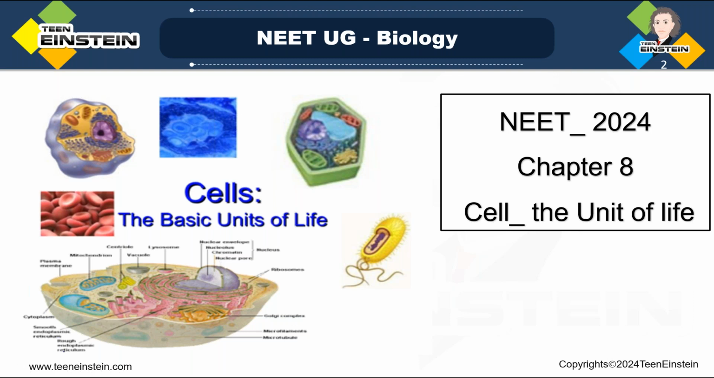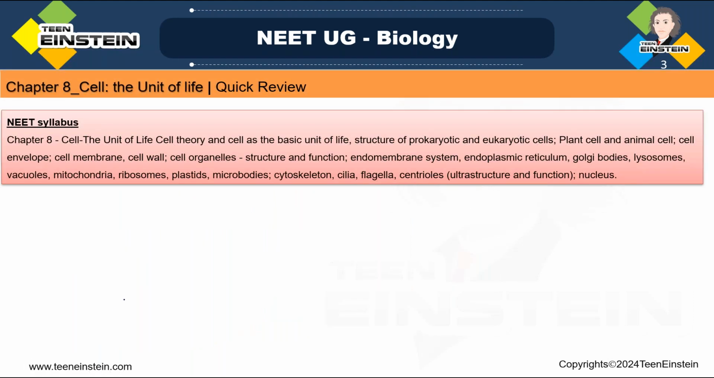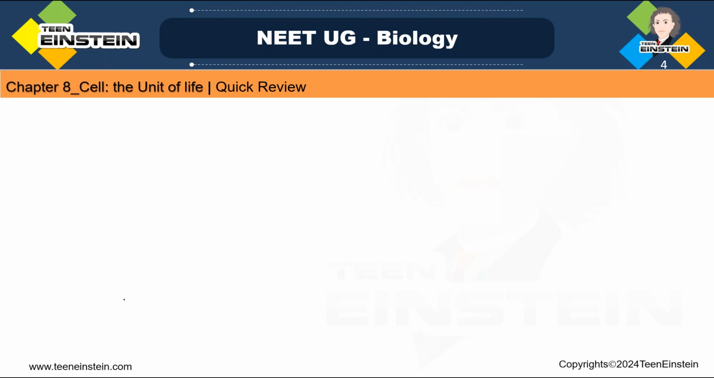Now we are in the 8th chapter, Cell, the Unit of Life. According to the NEET syllabus, in this chapter you are learning about the cell, the prokaryotic cell, the eukaryotic cell, then the plant cell, the animal cell, then the cell organelles. About all this we are learning. So here, the components of the cell, we have started learning about that. So in the components of the cell,